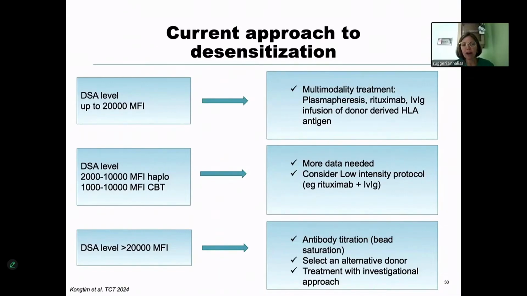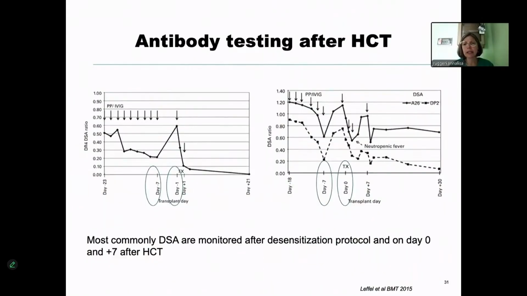low level of MFI, of course, low intensity protocol such as the single use of rituximab plus IVIG could be considered in case of some contraindication to the different plasmapheresis. So this is important to plan and have your own protocol ready to be started in case of patients with anti-HLA and no possible